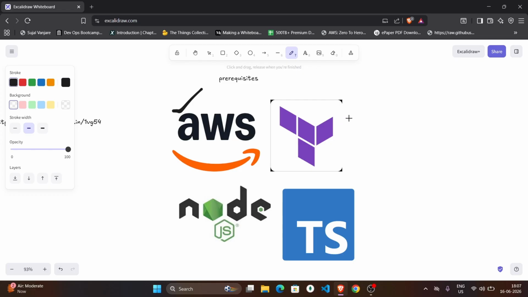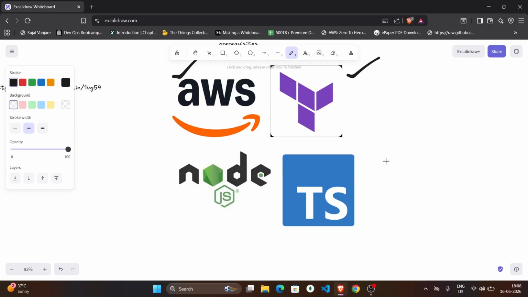If you don't have Terraform installed, you can install it by going to the HashiCorp official website. It's very easy. Why we are using Terraform, we will understand in the architecture. And you have Node.js installed, Node 24,